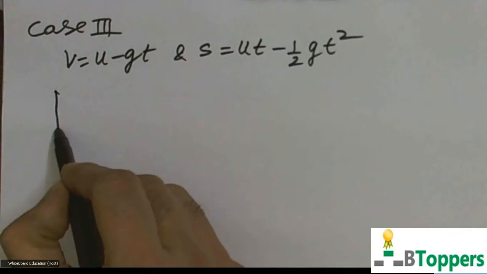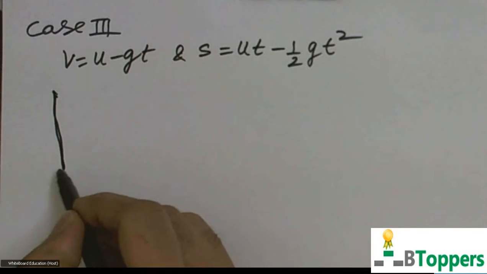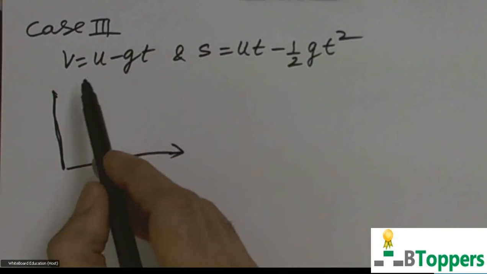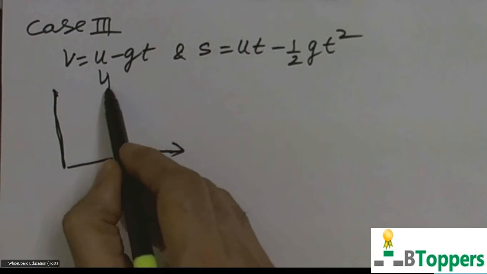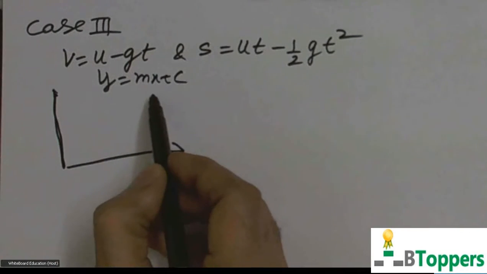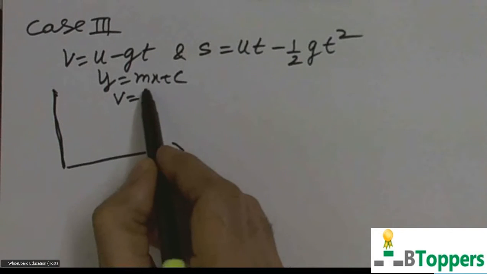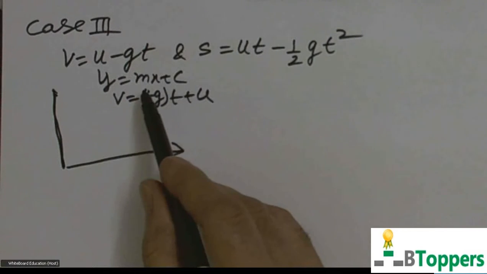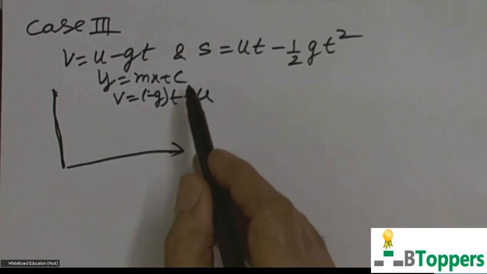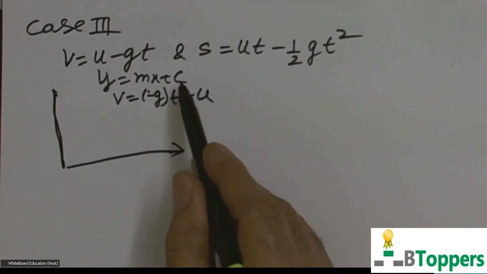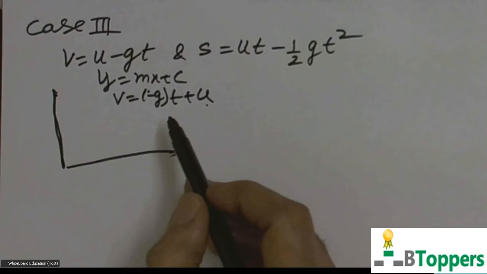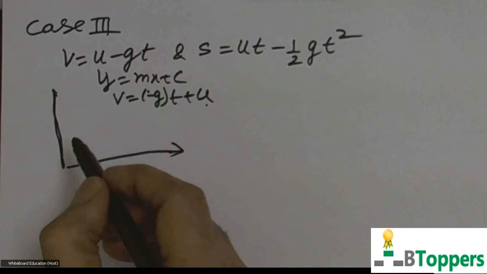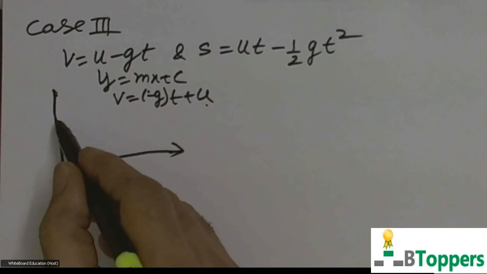So if you draw a velocity time graph, you do not need to copy this, you can copy later when I show you the type of notes. This equation resembles the equation of a straight line y equal to mx plus c. Here v equal to minus g into t plus u. If m and c are constants, the equation y equal to mx plus c represents a straight line in the intercept form. c is the intercept on the y-axis, which is equal to the initial velocity u. Slope m equal to minus g. So the slope is negative here. So you get a straight line graph this way.